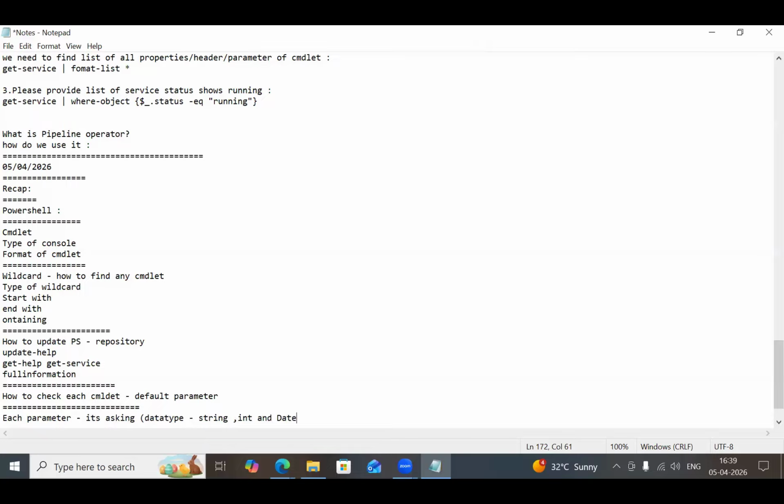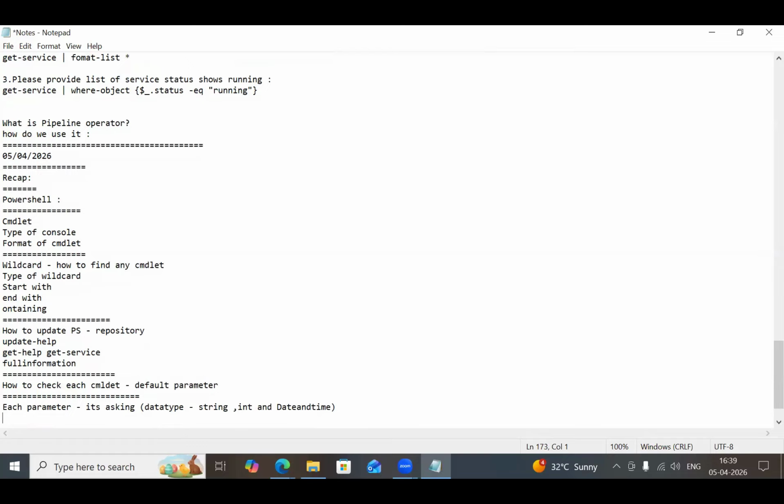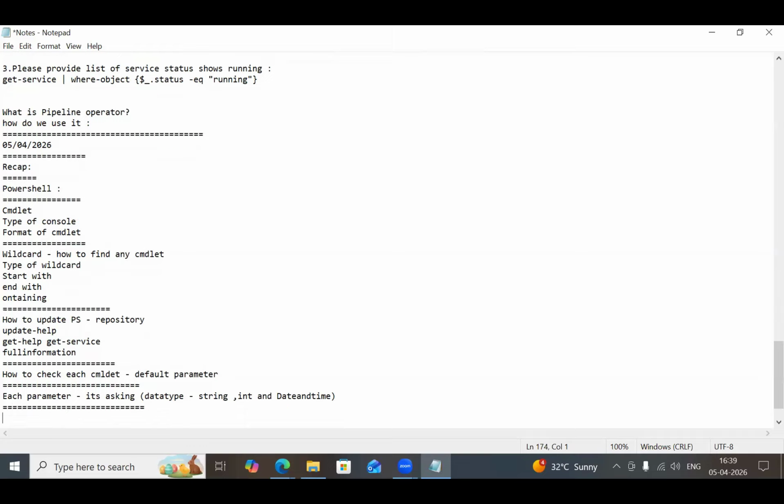There are many more. Majorly we have taken these data types, which is ultimately the frame, how we are going to frame it: commandlet, parameter,